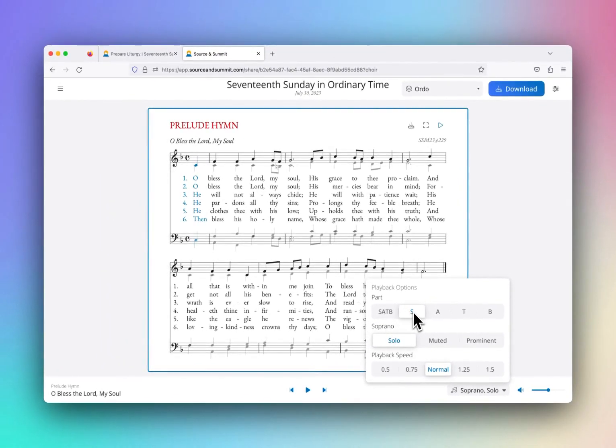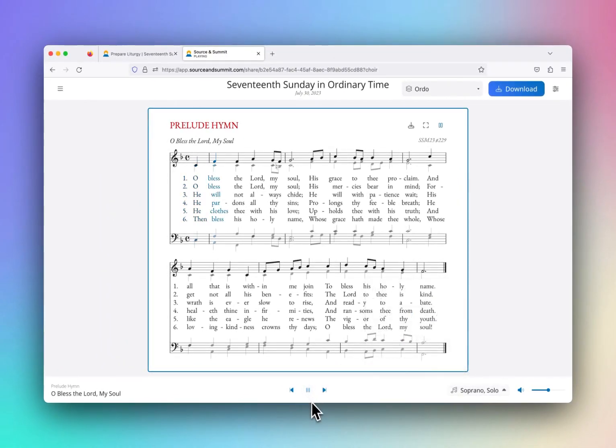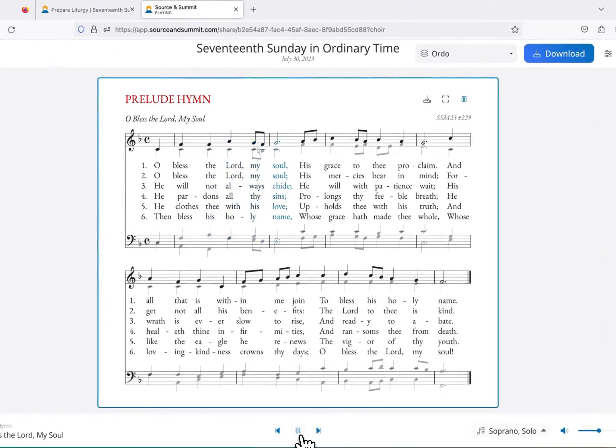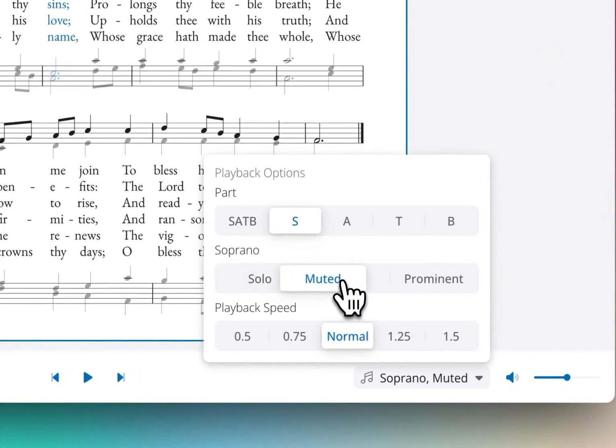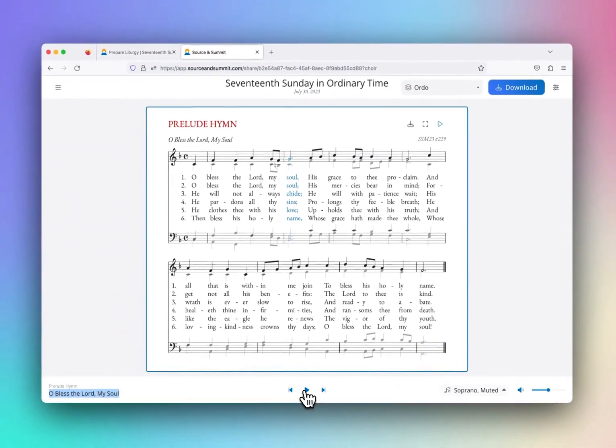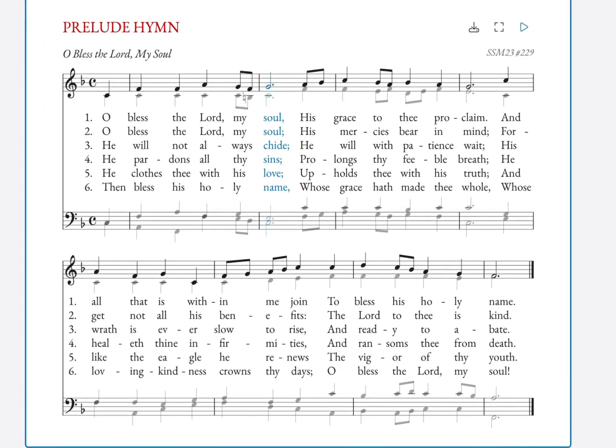So if I select solo soprano, just listen to that really quickly. As you expect, just playing the soprano version by itself. So now if I play the muted, this is going to play all of the other parts louder than the soprano part,